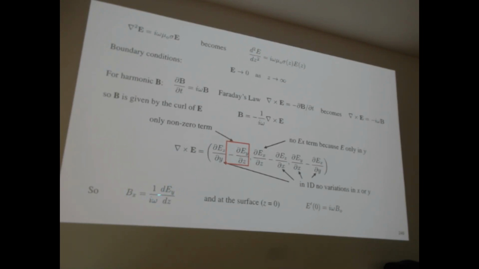So the dx is equal to 1 over E times the vertical gradient of Y. If we look at the surface condition where our magnetic field is B naught, we see that at the surface, the magnetic field is equal to the first vertical derivative of the electric field divided by iω. So if we can calculate the vertical derivative of the electric field at the surface, we basically have a relationship